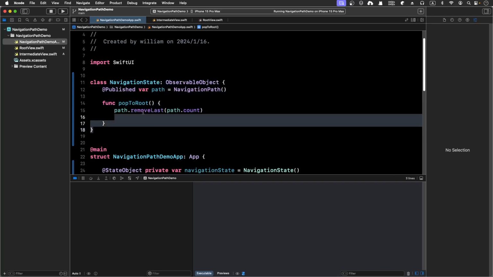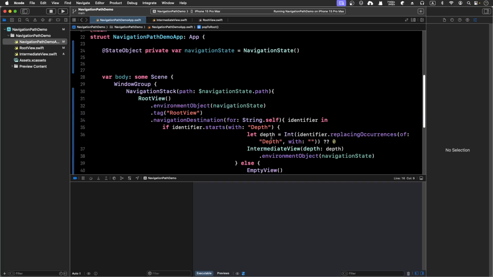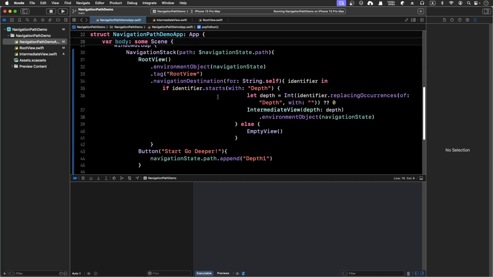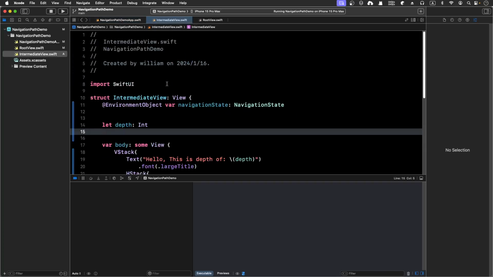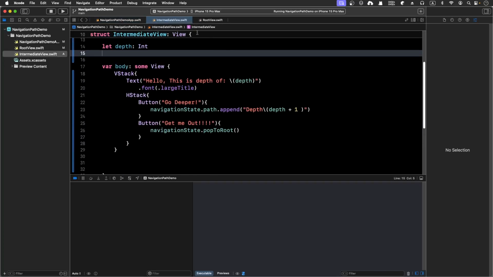So we can use the pop to root, quickly go back to the root, and yeah, just a nice little project to demonstrate how versatile it is, and you can go to infinite depth, and this kind of navigation is not a fixed kind of navigation, but rather we've got some